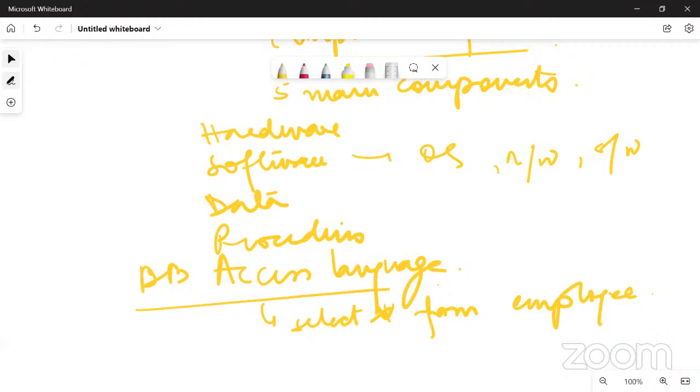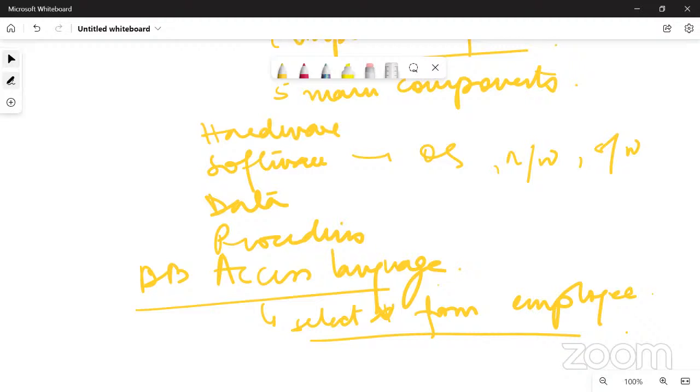So this will come into your access language. This is the language which will help you to query your DBMS and get information out of it. Databases execute queries in the database access language directly.